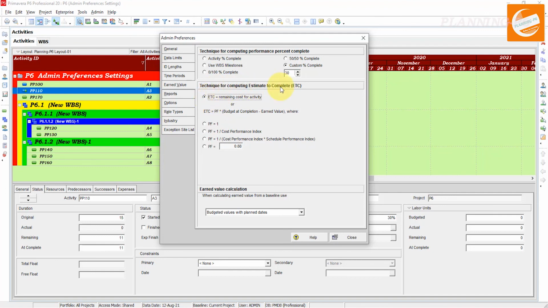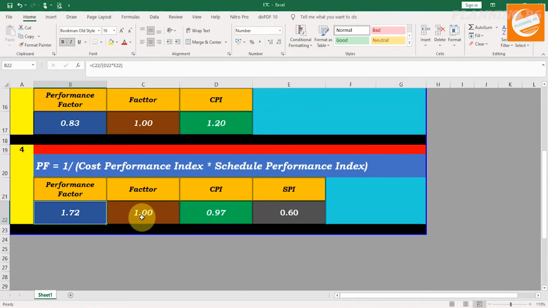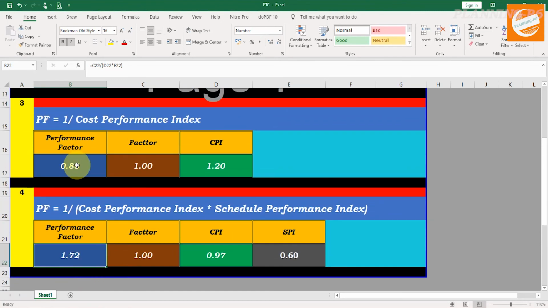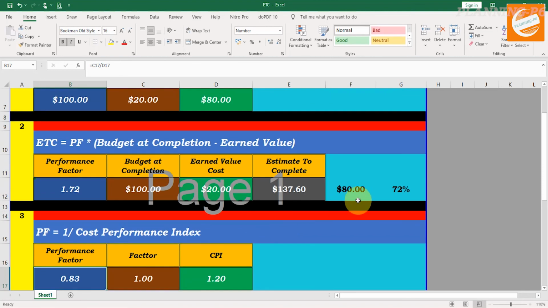Also, most planning engineers and planning teams use this factor for remaining cost for the activity, but Primavera has this option to use that one. And I prepared that sheet to explain it very well. I have set the formulas here showing how I am calculating, and I show the difference between the positive and negative.